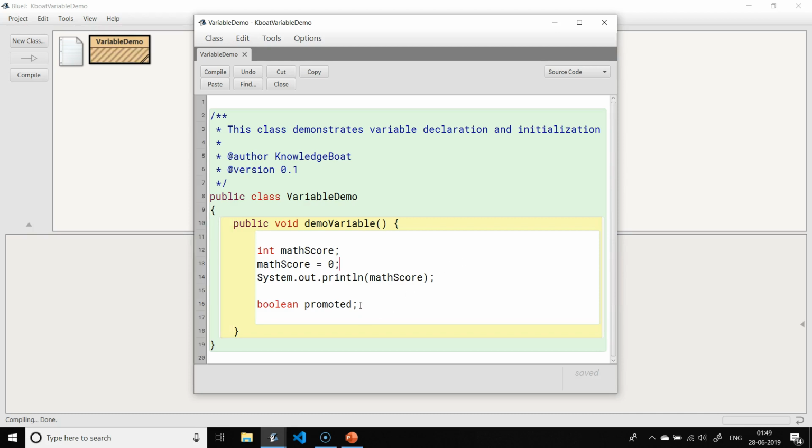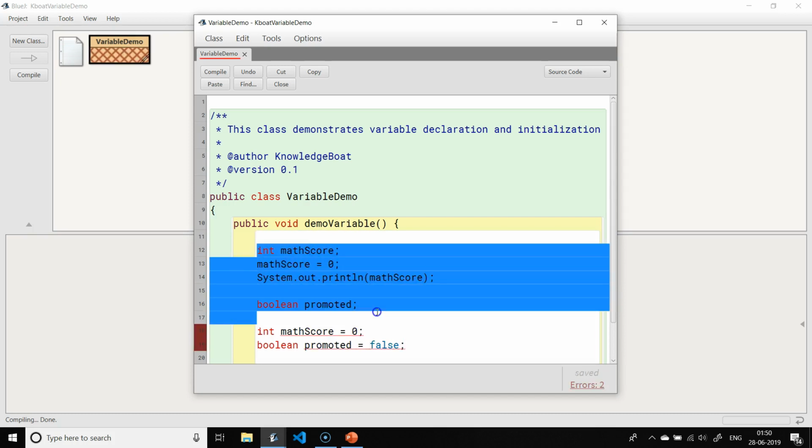You can combine declaration and initialization of a variable in a single line like this. I will comment out the earlier lines.